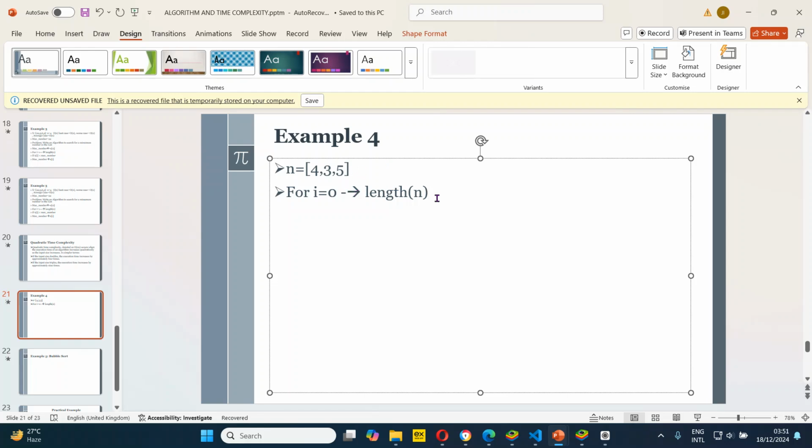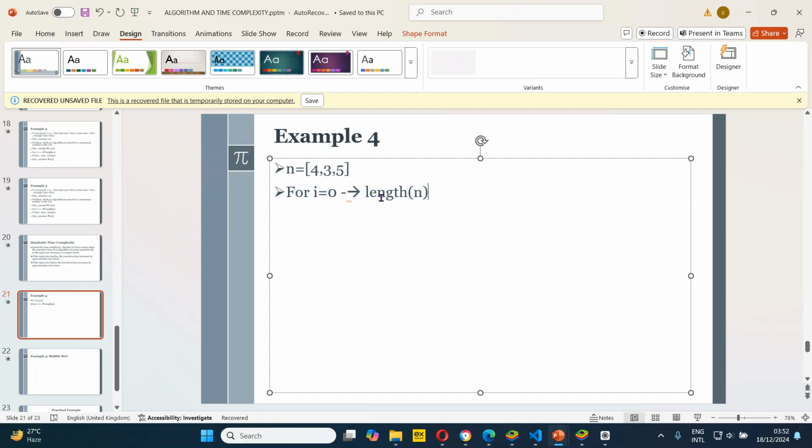So this means we are looping this list. We are starting from index 0, and remember, this 4 is located in index 0, 3 is located in index 1, and 5 is located in index 2, right? So i starts from index 0 up to the length of n, which is the total number of items in the list,